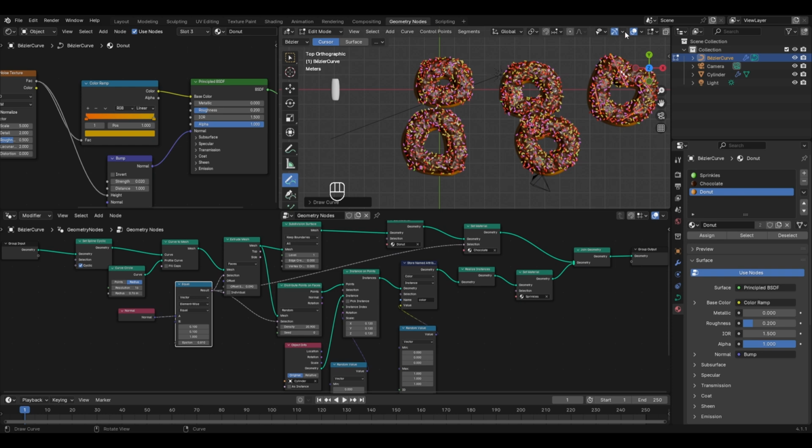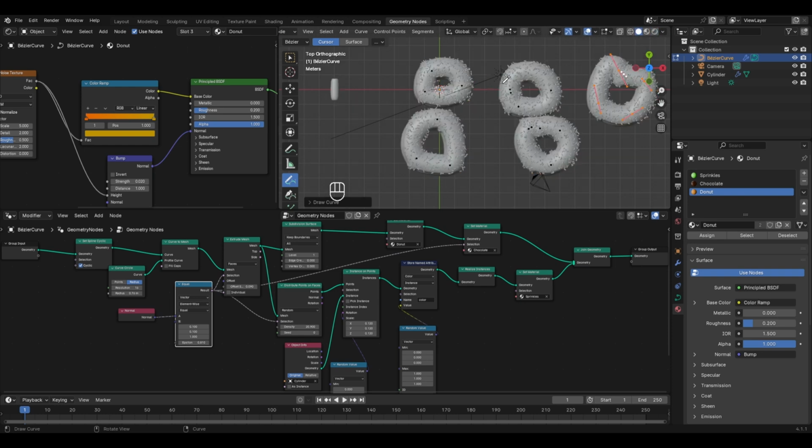And to delete the rest of them, let's first change the mode to solid mode so that we can see the points properly. Turn off the draw tool by clicking on the selection tool, and with this one selected, I'll also be deleting this donut in the scene. So hold down the shift button, left click and drag like this, press X to delete and select delete segments.